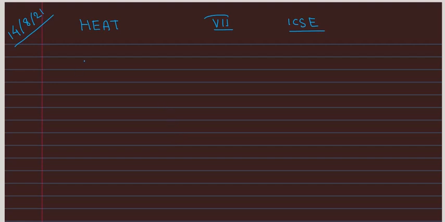Hello, so today we will continue with our discussion of heat. Until our last class, we studied three different kinds of temperature scales. And what were those three different types of temperature scales? One of those was the Celsius, one of those was Fahrenheit, and then there was the other one, that's Kelvin.